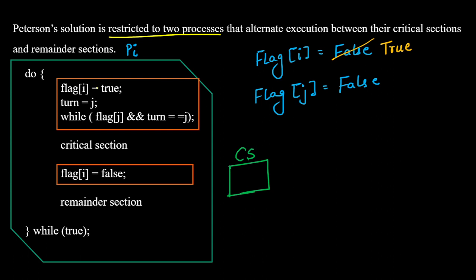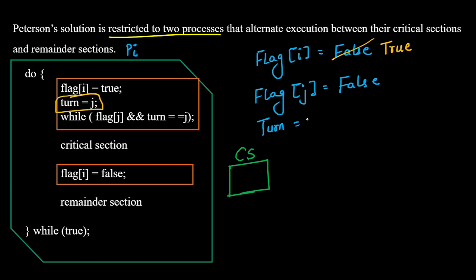Okay, now what happens now? Now what is happening is that two processes are ready to enter. Okay, the process is ready to enter; where is it ready to enter? In the critical section. But what happened now? Process Pi set, did what? Now process Pi is doing turn equal to j.